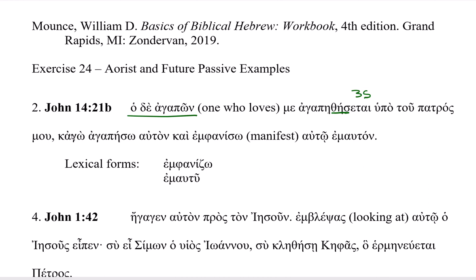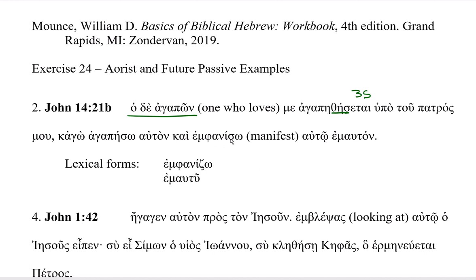Kago, which is just a smushing together of kai plus ego, so and I. Kago, agapeso, this is a future active indicative of agapao. So we have the tense formative there, and then we have the typical active ending. So agapeso auton. So I will love him, auton. Kai